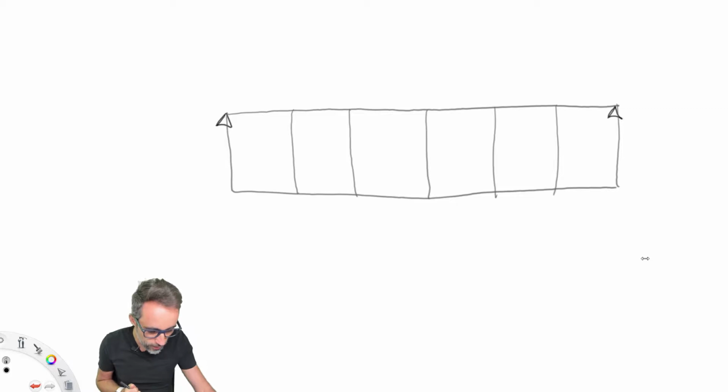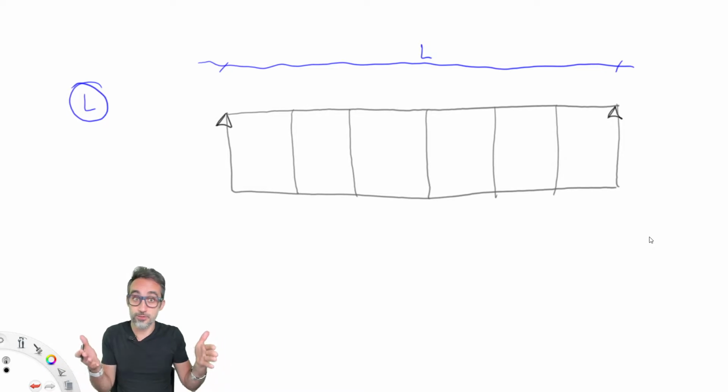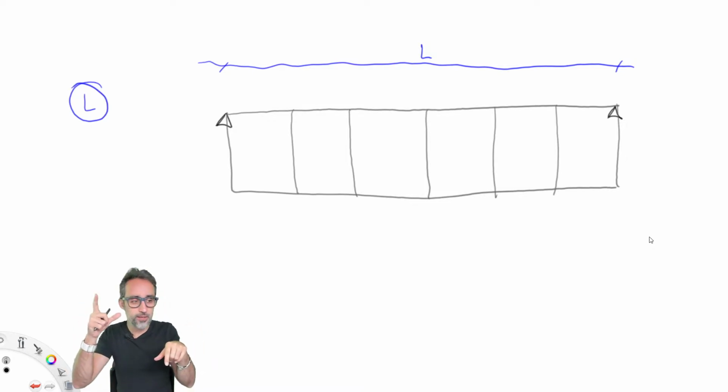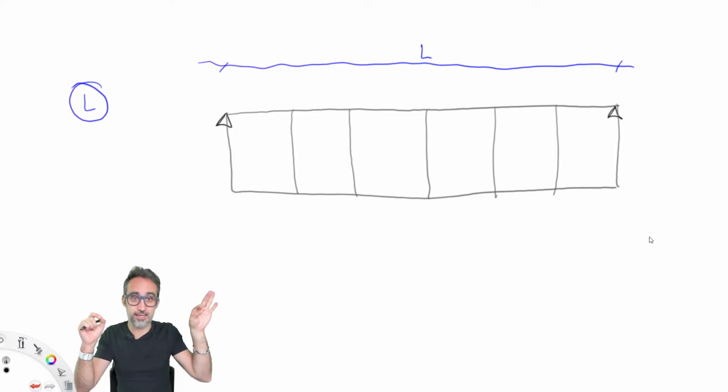So what are we going to do? Well, the first thing that we're going to do is define which parameters are the ones that are going to drive our truss. And obviously, arguably the most important one is going to be the length of the truss. In our case, for this definition, we're not going to work exactly with the length. We're going to have the two nodes. So we're going to have the beginning and the end, the two supports as the input data.